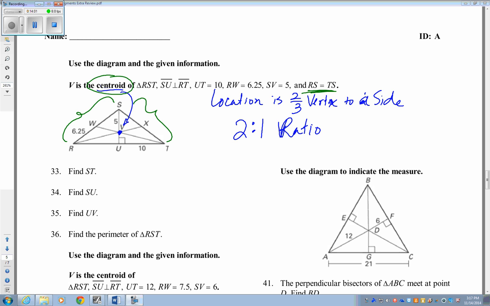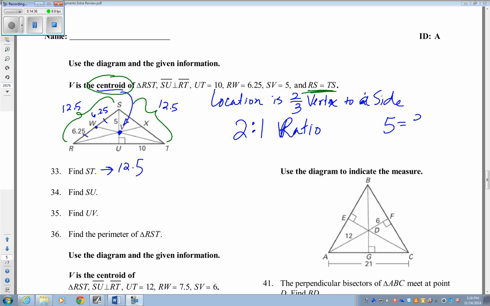Yes, Jordan, how do we get that? Yep, so this is equal to ST. Yes, ST is 12.5. Give yourself a point. Hold up, I got the question. Yes, Kosi. Okay, so I got 5 equals 2/3 of x. You can multiply 5